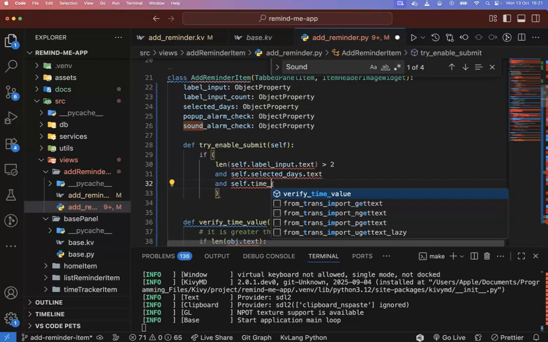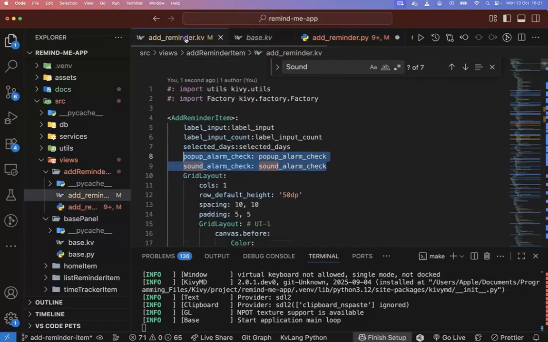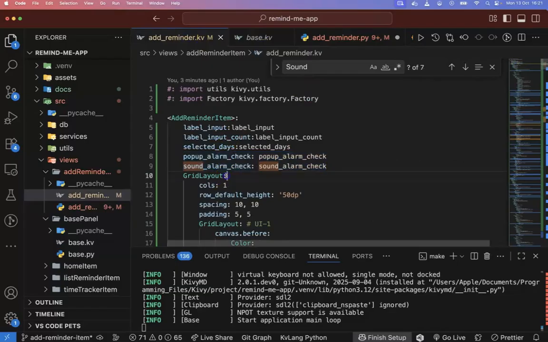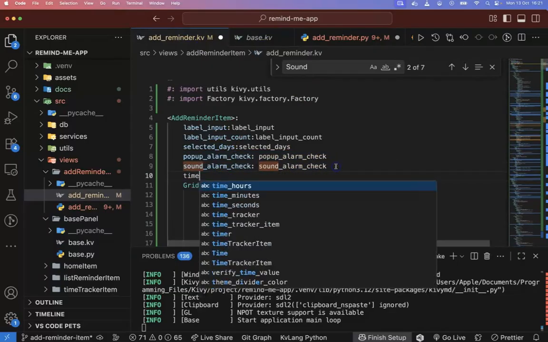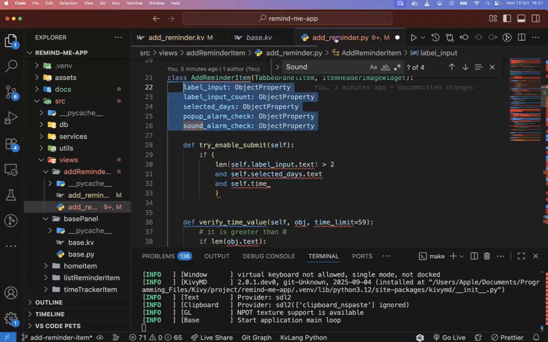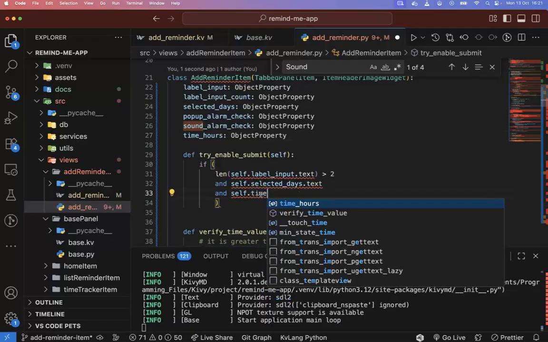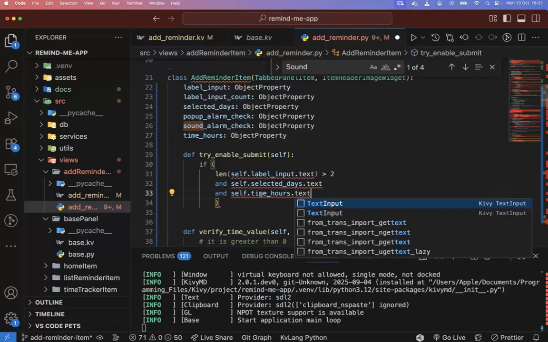Okay, so the time hours is not actually exposed here, and if we come back here we see that it is also not exposed here. So let me go ahead and do that. Time hours, and copy this, save that, and we can have it here. Okay, so I'm gonna say time hours dot text,